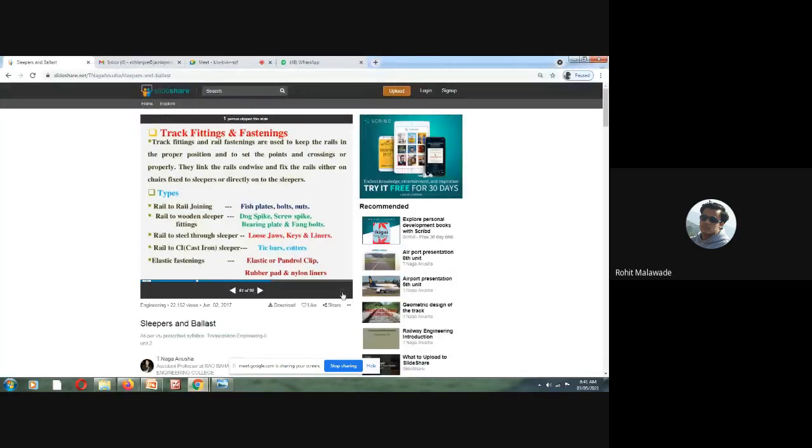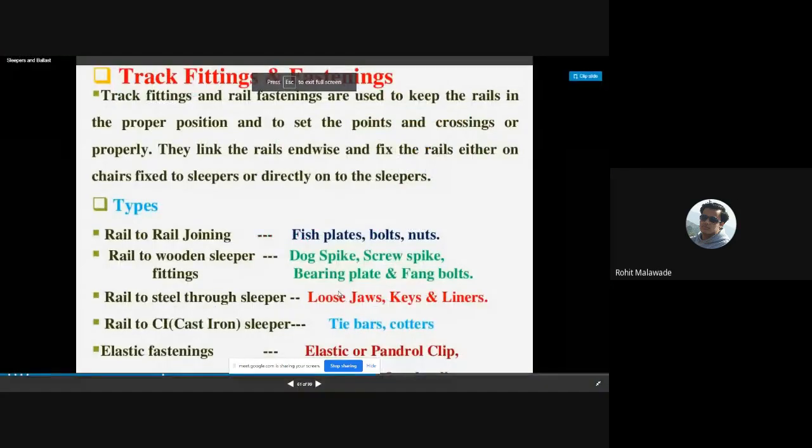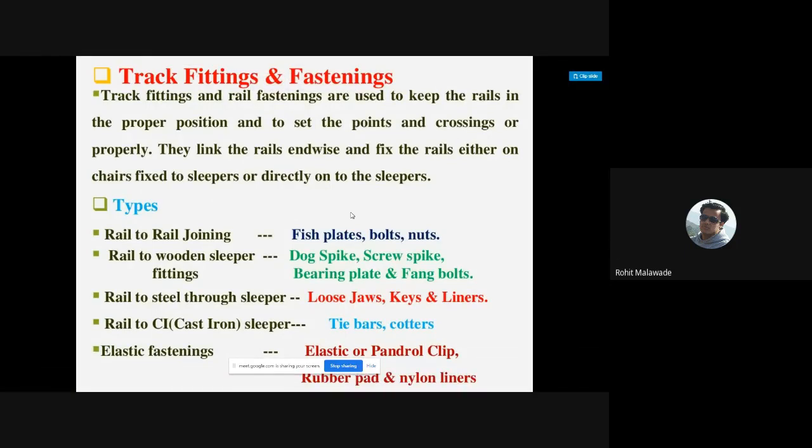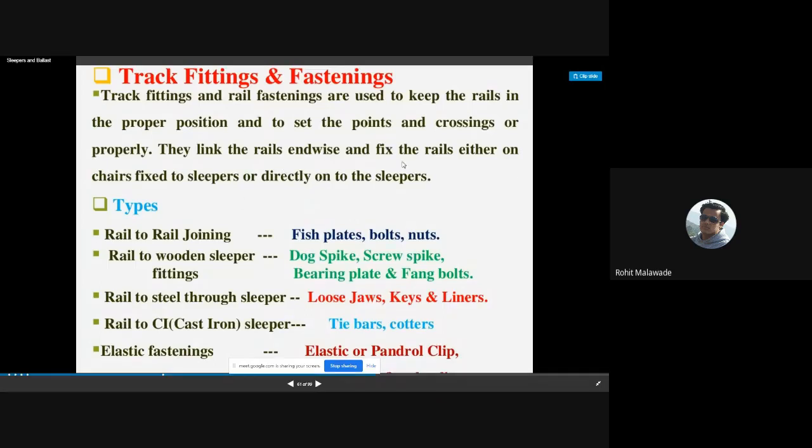So we are going to use these fixtures and fastenings in order to keep the rails in the proper position, and to link the rails endwise and fix the rails to the sleepers, or fix the chairs to the sleepers, or directly on the sleepers. That means without the chairs, these rails can be directly connected to the sleepers.